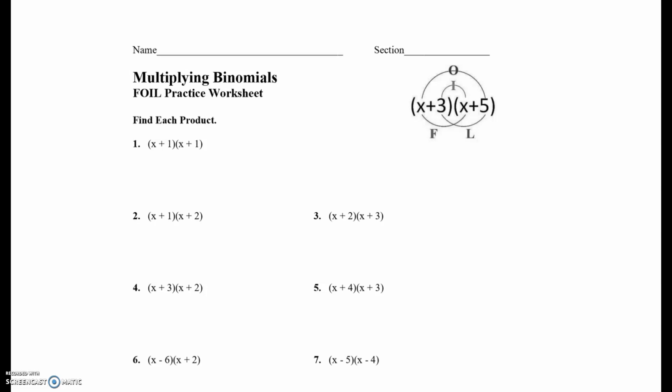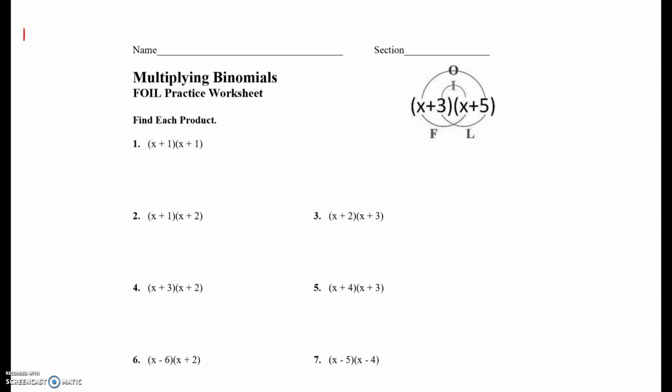So today we're going to continue with multiplying polynomials, which we started talking about last week. And today we're going to be multiplying binomials. So you're going to multiply two expressions that have two terms. And the one method that we like to teach is known as the FOIL method. So the letters of FOIL each stand for